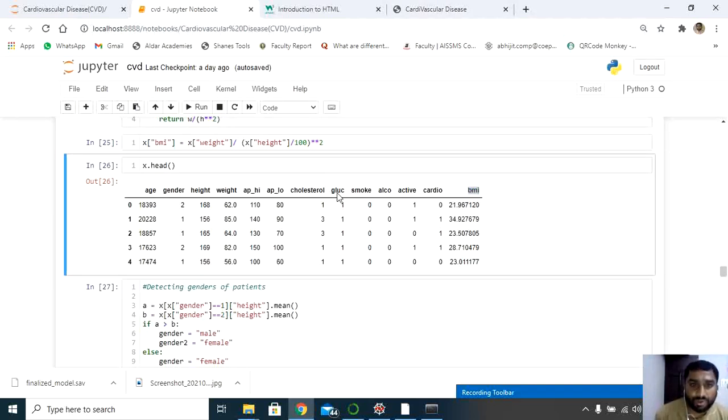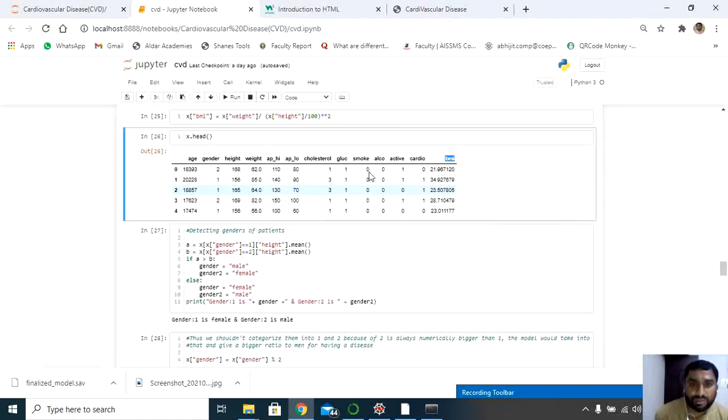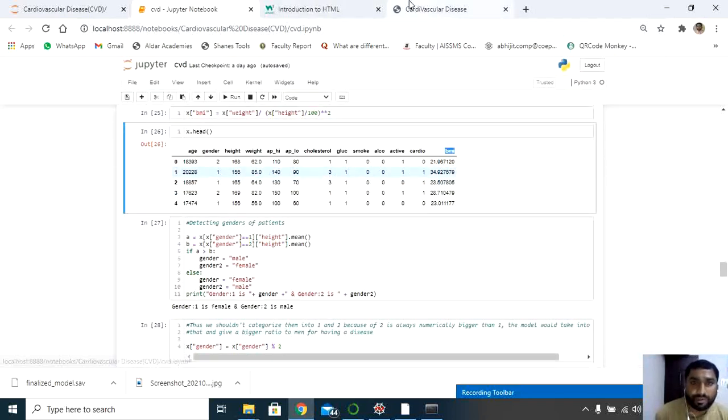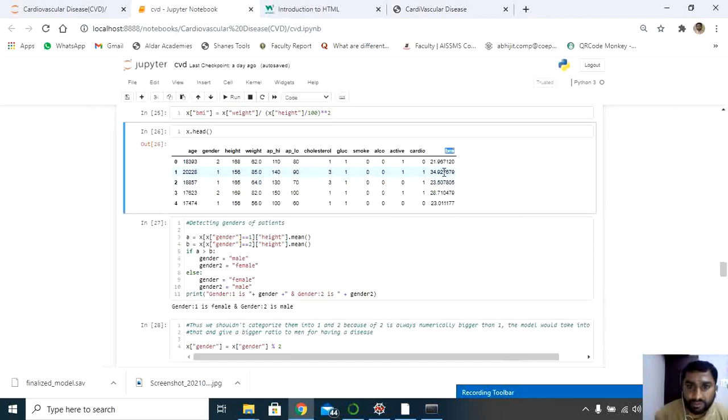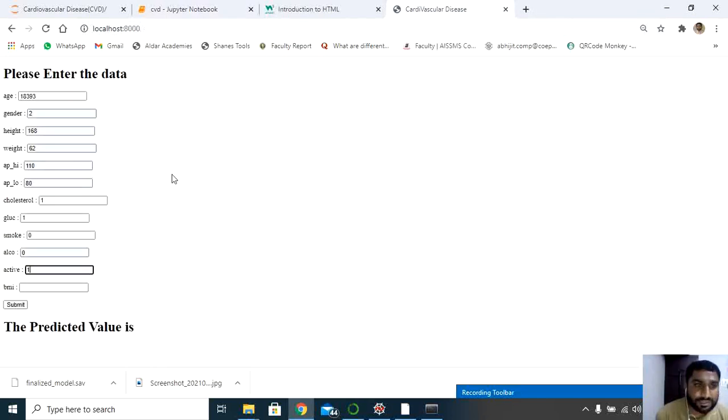Cholesterol 1, glucose 1, 1, 0, 0, 1. Let's say BMI, body mass index, 21.96 it is giving, so let's try 21.967. Let's try to submit this.